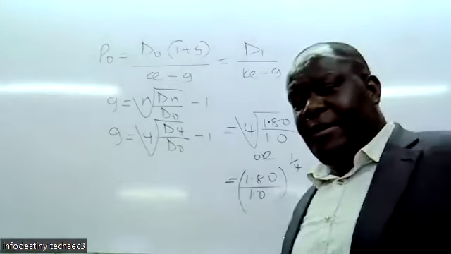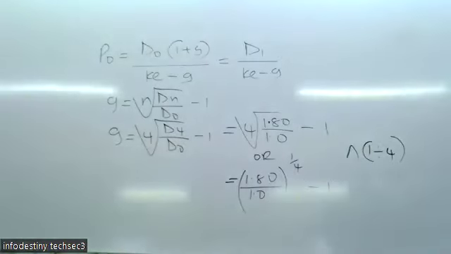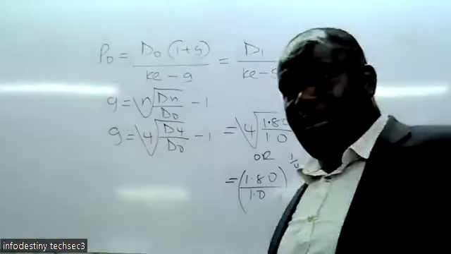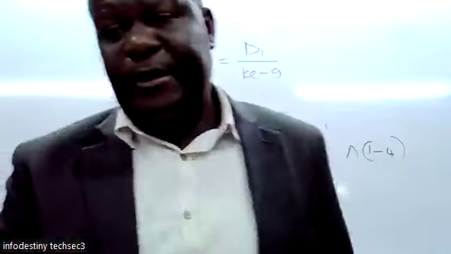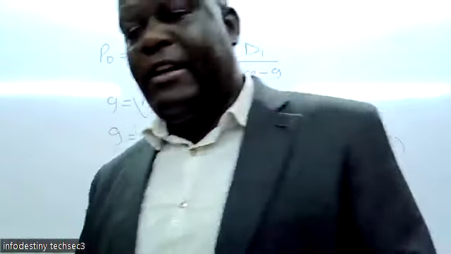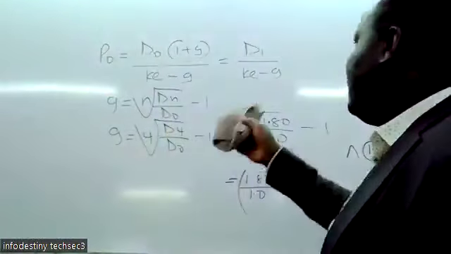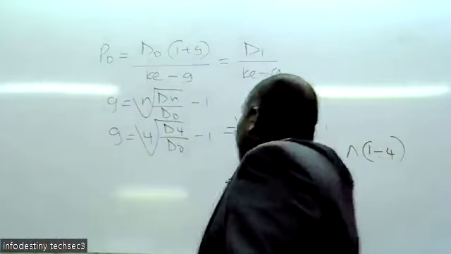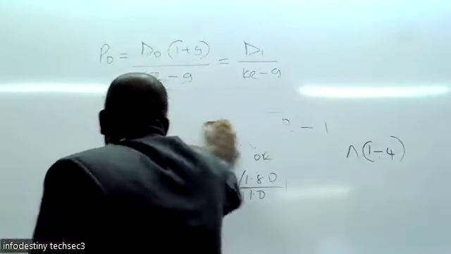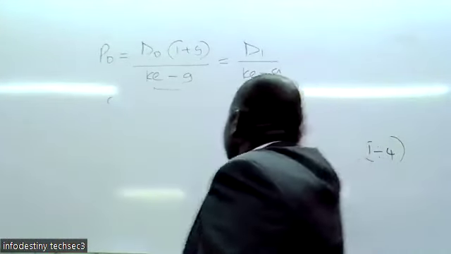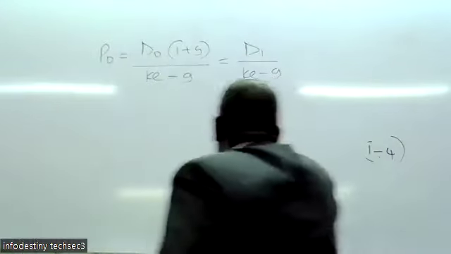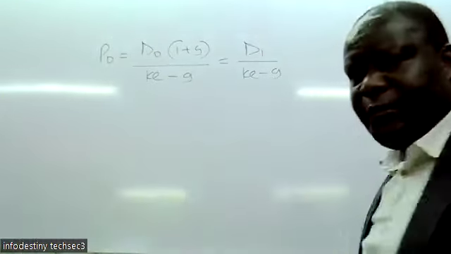So we proceed. That is now our G. G is going to be 15.8%. G is 15.8%. So once we have done that, we want to get the value of the share. I would like us now to get the value of the share. So to get the value of the share, we have said that